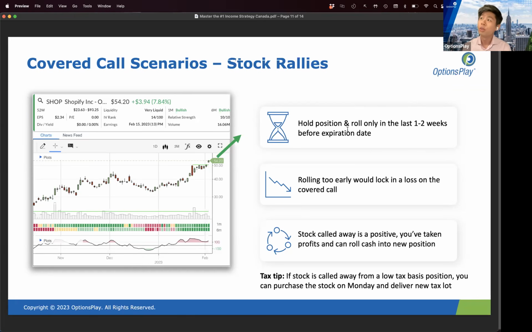What about in a bear market? In a bear market, you should first rethink whether or not you want those stocks, right? That's a question only you can answer. If you're the type of investor that will hold on to your stocks through bear markets, then yes, you should sell covered calls. But I would argue that perhaps you should rethink whether you should be owning all of your stocks into a bear market. Maybe you should be allocating to something else, cash, treasuries, rather than holding on to stocks that you feel confident are going to continue to decrease in value.